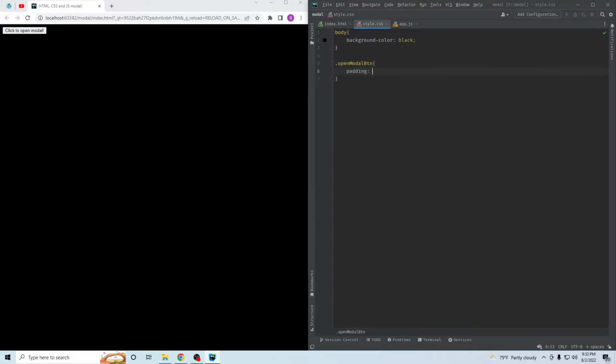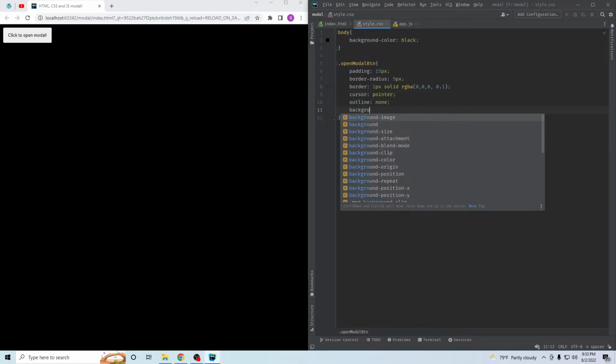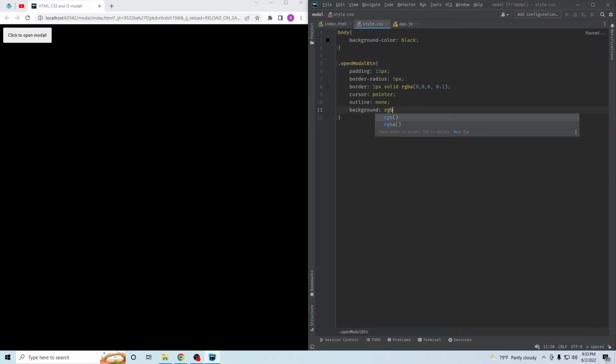We give it a padding of 15 pixels, a border radius of 5 pixels, a border of 1 pixel solid, RGBA 0.1. The cursor should be pointer when you hover over it. The outline should be none. We give it a nice looking background,